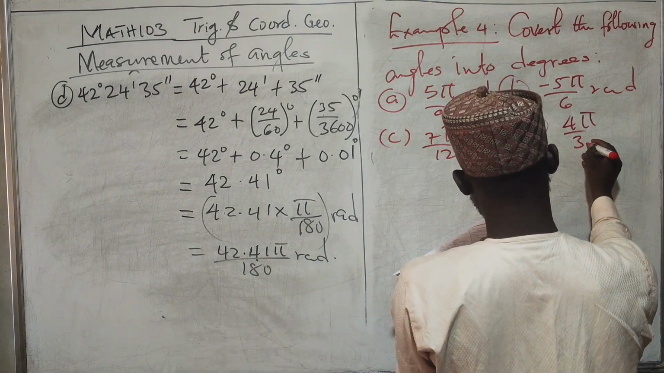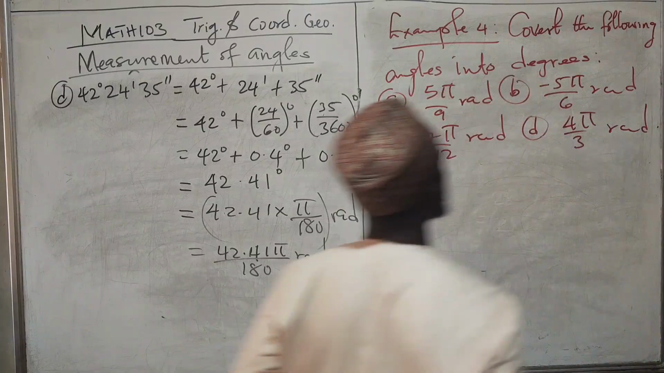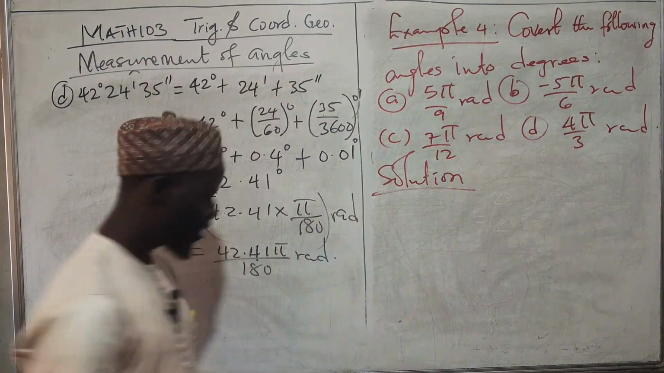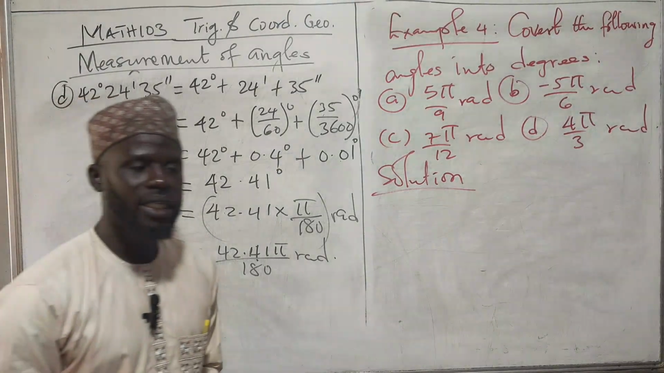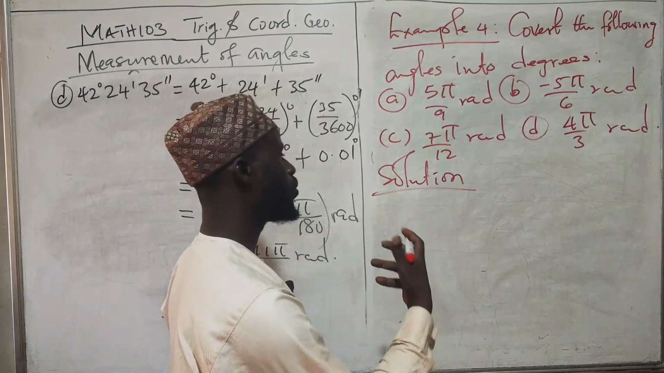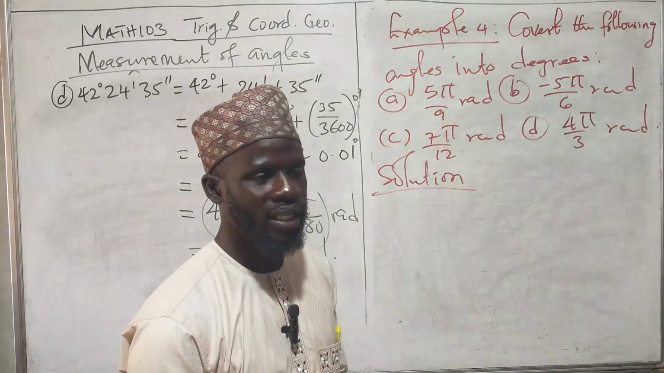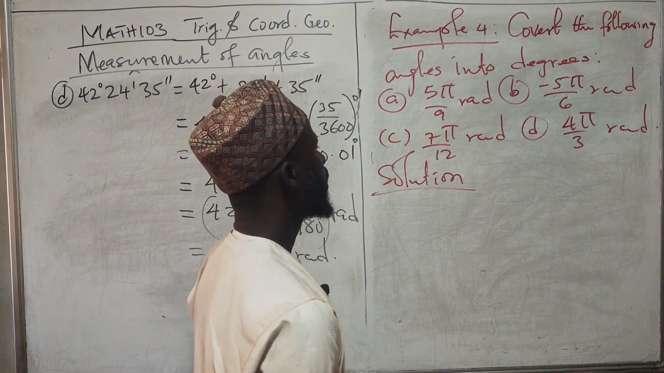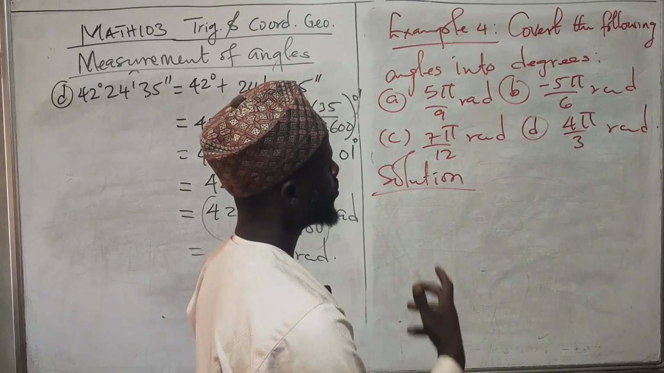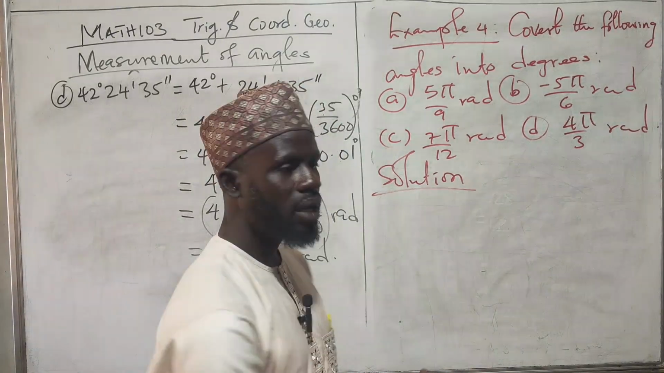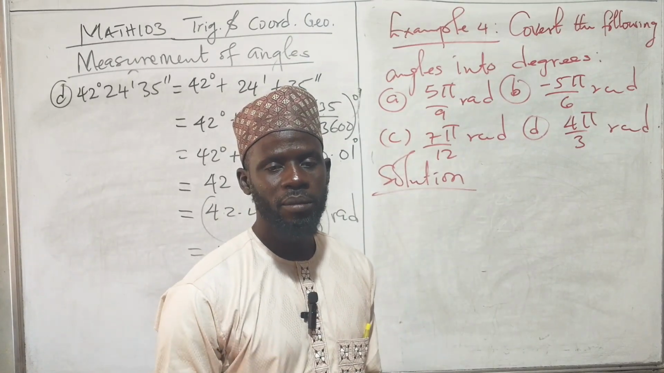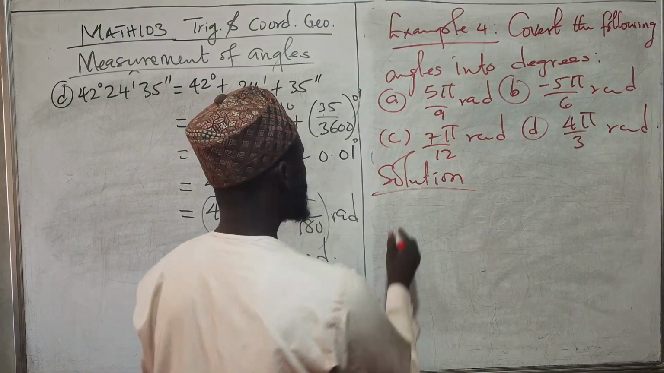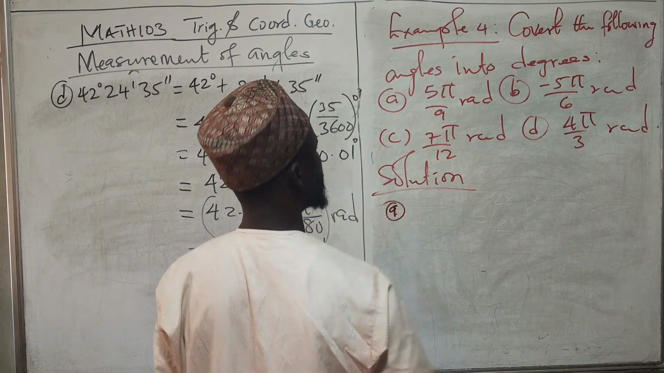So we solve. Remember, if you are converting an angle theta in degrees to radian measure, you multiply that angle by pi over 180. So if you are converting an angle from radian measure to an angle in degrees, you simply multiply that angle by 180 over pi. So we have the A part. The A part is saying 5 pi over 9